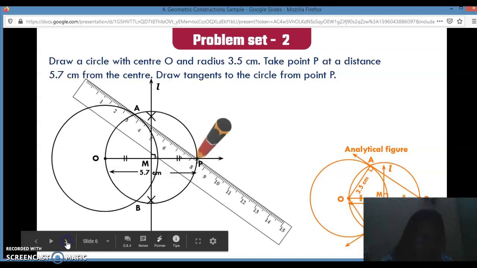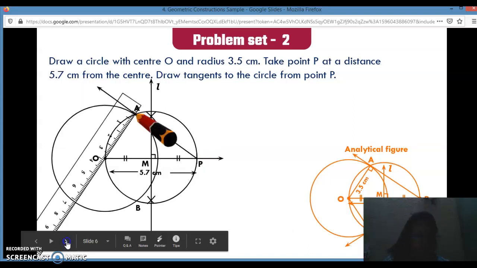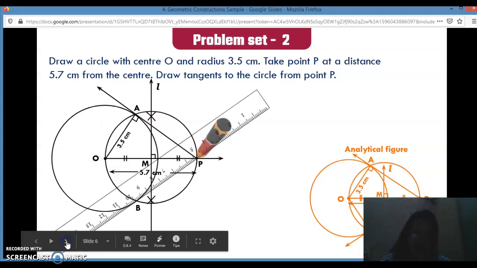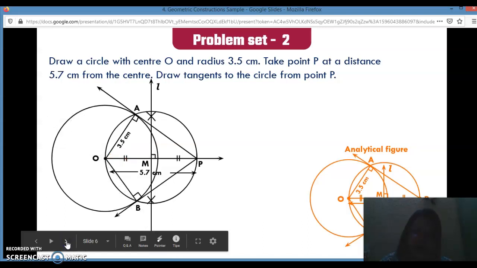So what I will do is I will join P to A also and to B also, and I will join OA also, and I will join OB also. So here my OA and OB are radii, which are 3.5 centimeter, and my PA and PB are tangents, and as I have told you that radius